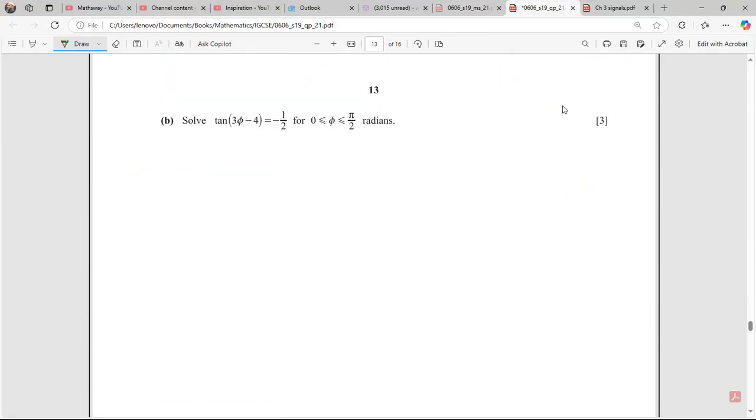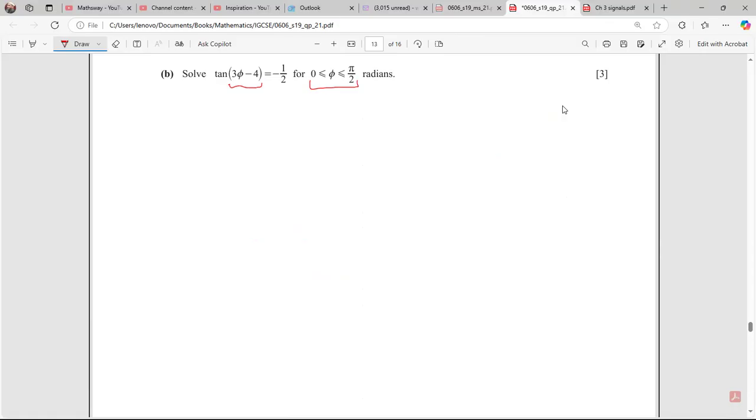Now let's move on to this last part. Solve this. Okay, so this is also a little bit challenging. Here you see the angle phi is given in terms of radians. So this phi is all in radians. Okay, so you can see that 3 phi minus 4 is equal to tan inverse of minus 1 by 2. Okay, and if I do this, it gives me